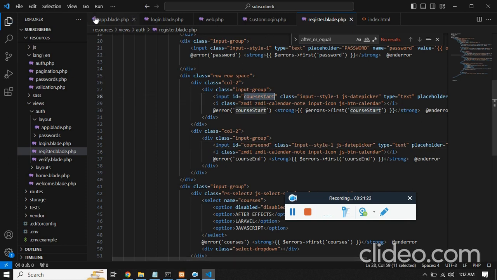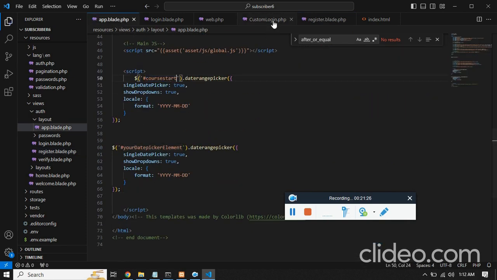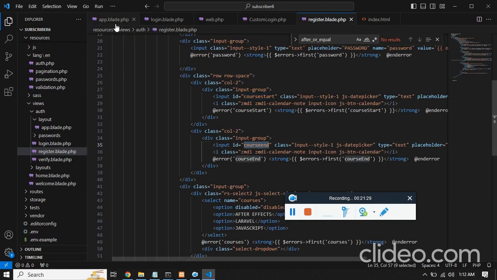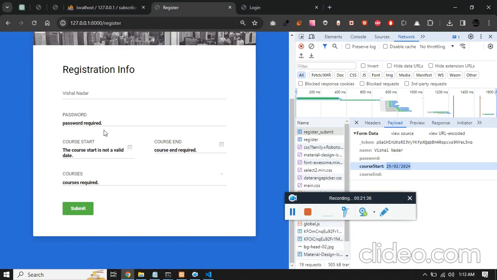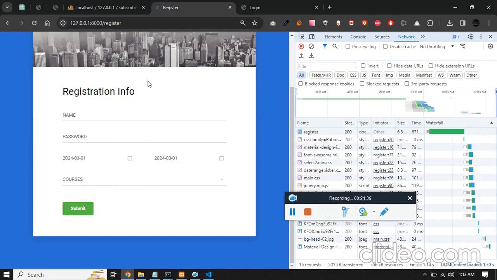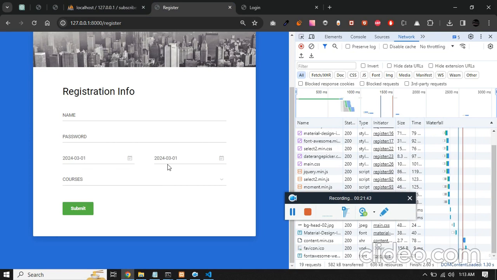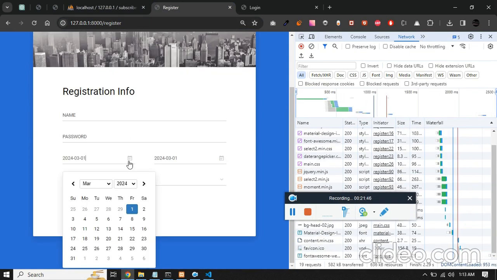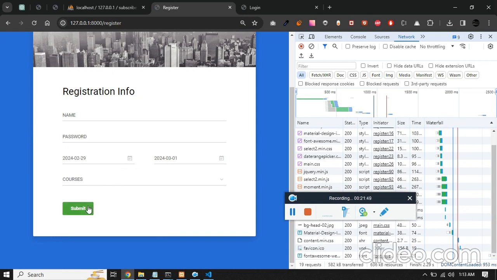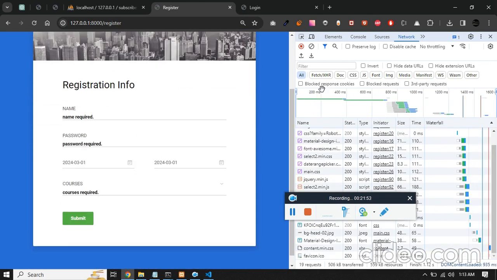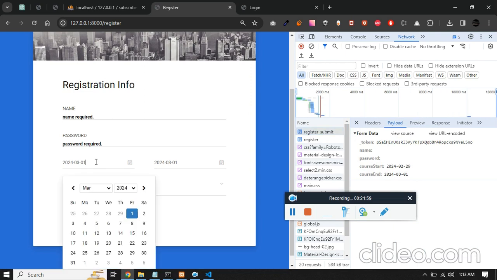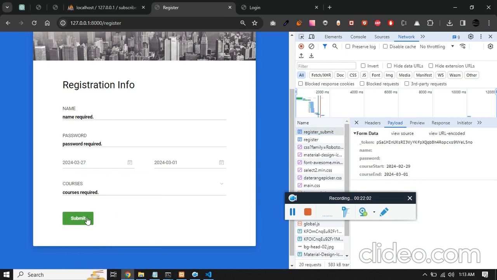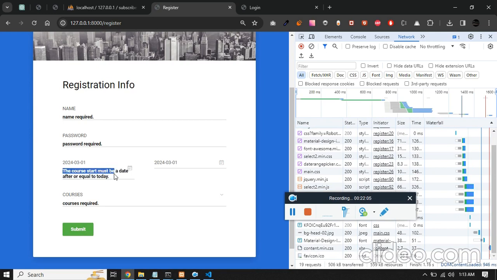Now we need to specify this ID in the jQuery. So this is start and this is end. Now we'll have the format like YMD. Now if I try saving this, and if I select, it's already selected. So this is start date, click on submit, and the course submit, you can see YMD, and let's just select this 27 and click on submit. The course date must be a date, should be equal to, so this is working,